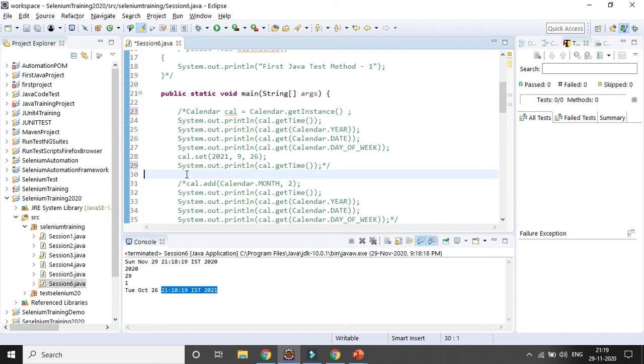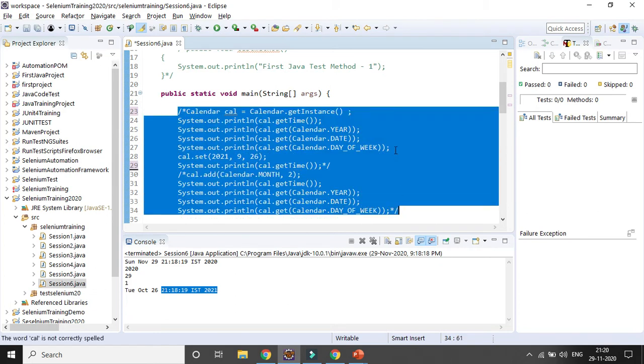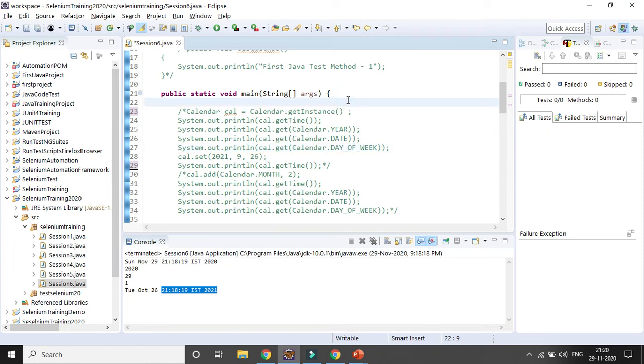Okay, because calendar and date is an important class in Java, and whenever you are dealing with a real-time framework, this will really come into play. You need to know it handy, otherwise you will face some trouble, because you need to make some calendar changes. Suppose you need to advance 6 months or 1 year, there is some sort of testing where you need to move the clock of the current calendar. You can do it with the help of the Calendar and Date class.